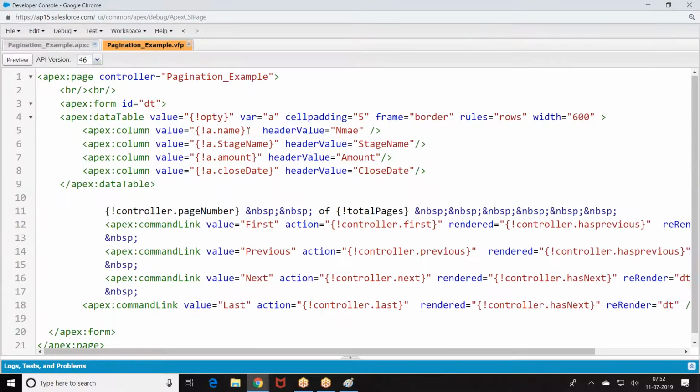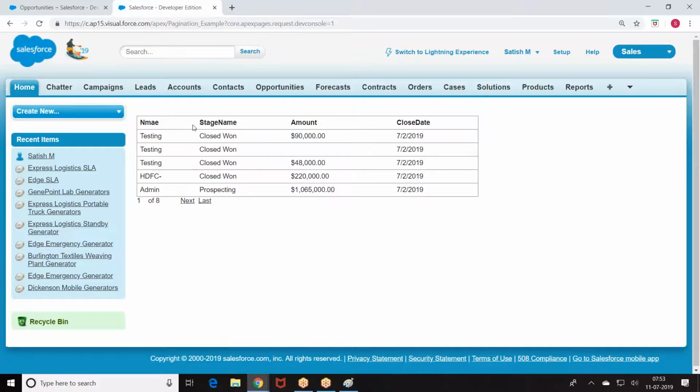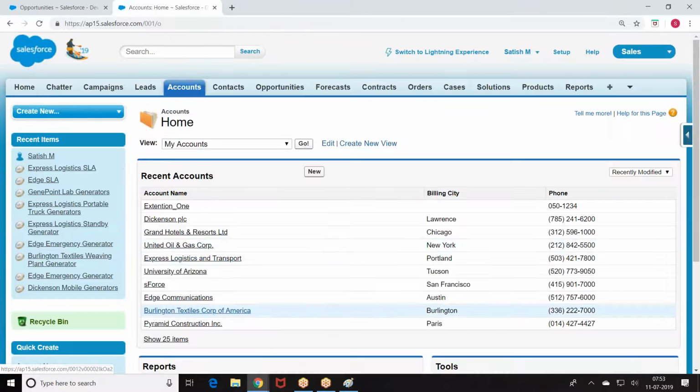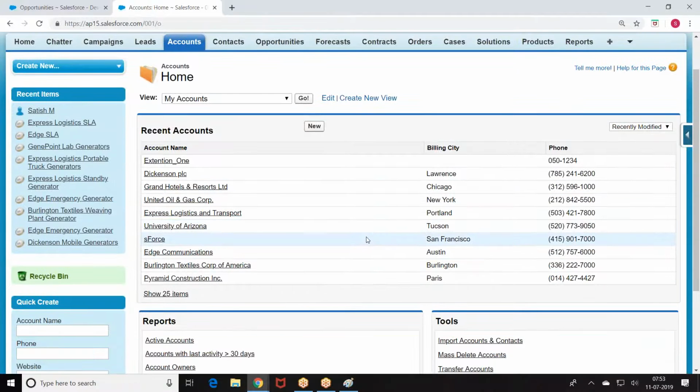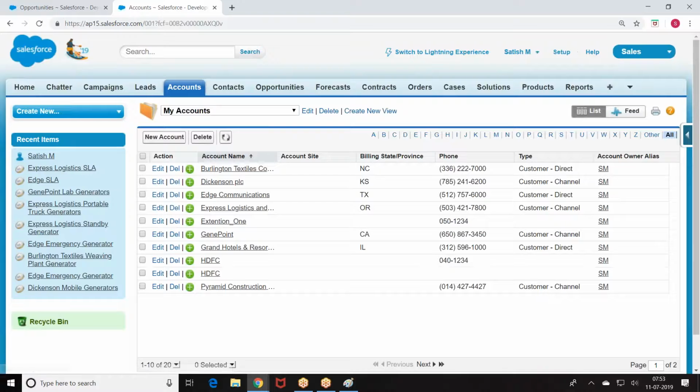See, we are not taking the data from the standard page. We are not applying the pagination here. So what is the extension for? Extension is for overriding the pages, right? Here you are trying to add a button, and for adding buttons you go for the extension concept.